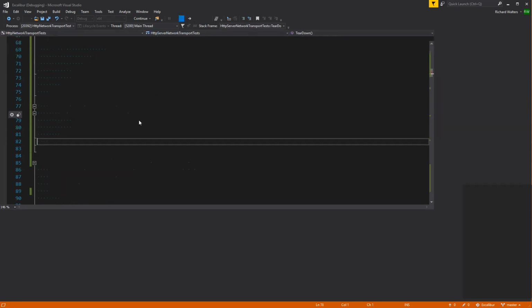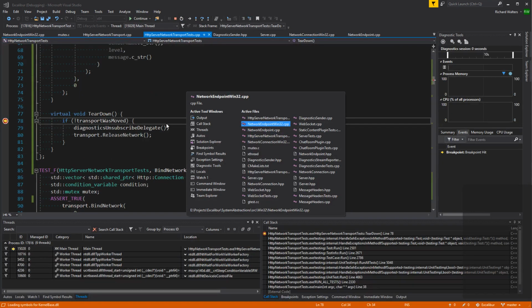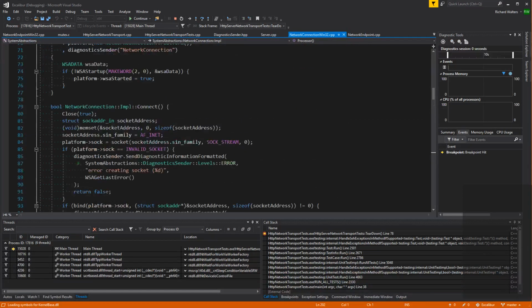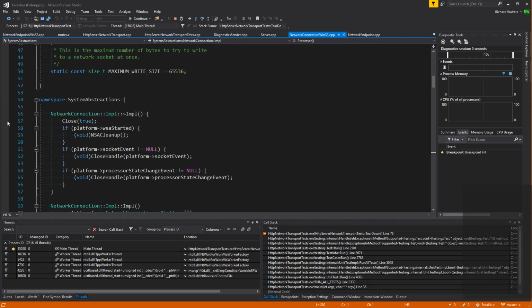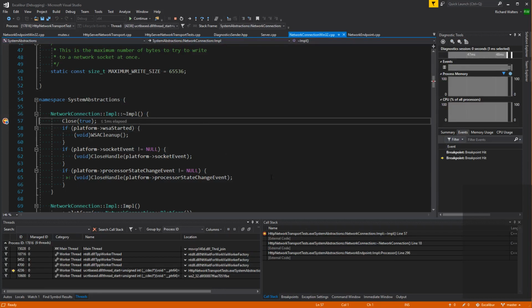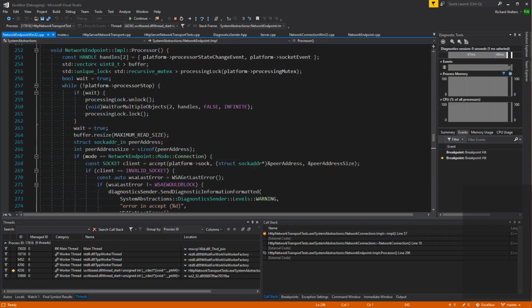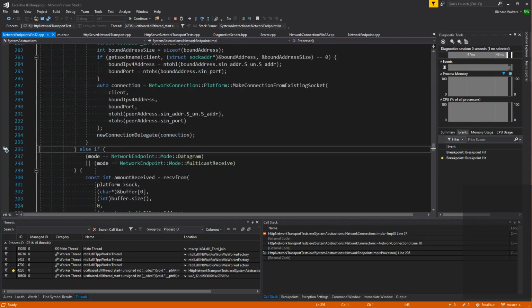Let's recycle, and I'm gonna put a breakpoint in the connection's destructor. Because we have one, right? Yes, we do. Go. Okay, why is it being destroyed there? It shouldn't.